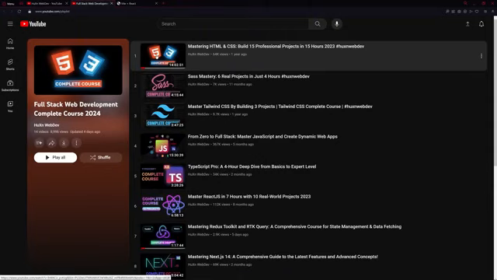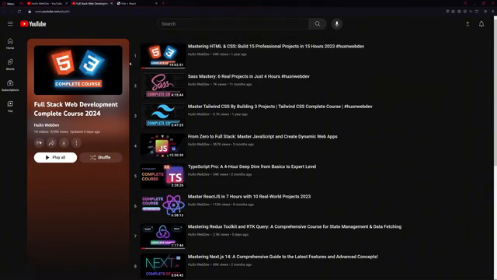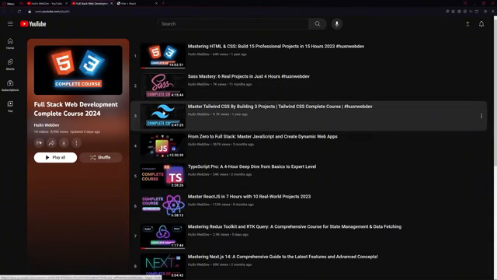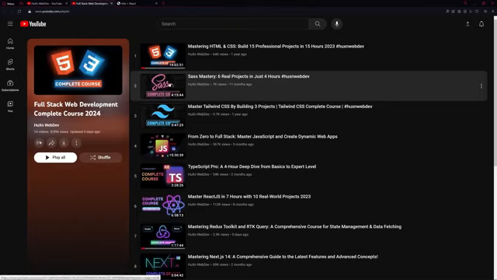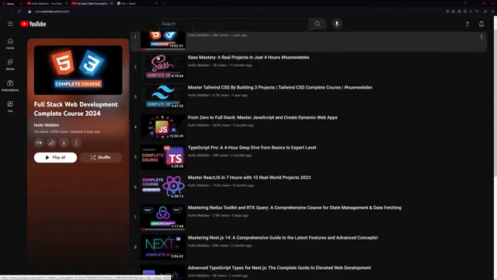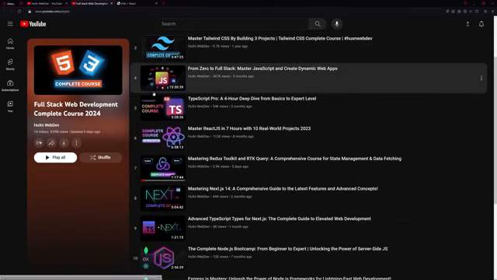So if you already learned CSS from somewhere else, we are not going to be using CSS in this project. We are going to be using something called Tailwind CSS. So you can totally skip Sass, because in this project we're not going to be using Sass. So you have to know HTML, you also have to know Tailwind CSS, you also have to know